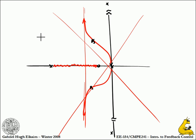If the high frequency poles are way higher than anything else in the system, how does a notch help you? Just a low pass. Okay. So,